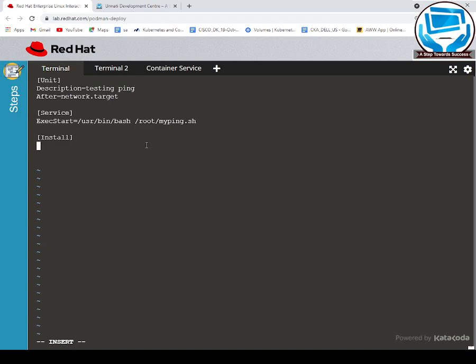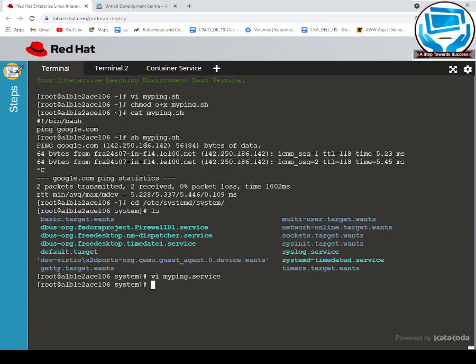Then I can simply say WantedBy, that is what the Install section is all about, multi-user.target. So this is a basic example which runs the myping.service.